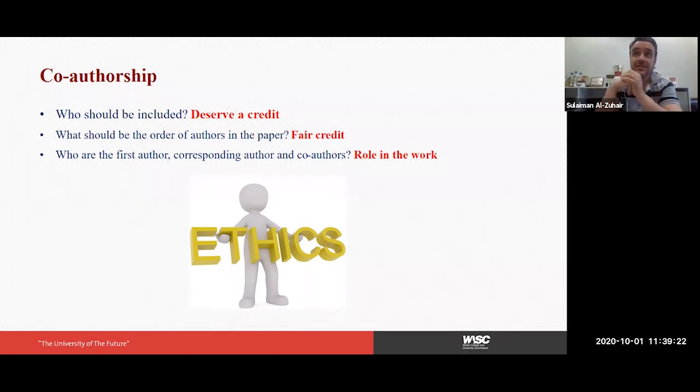The first author is understood to be the person who executed the work and did most of the writing, while the corresponding author is the owner of the idea and the manager of the project. So in general, the first author could be the student and the corresponding author may be the supervisor, or if you are two collaborators together, the person who came up with the idea and manages the work is the corresponding